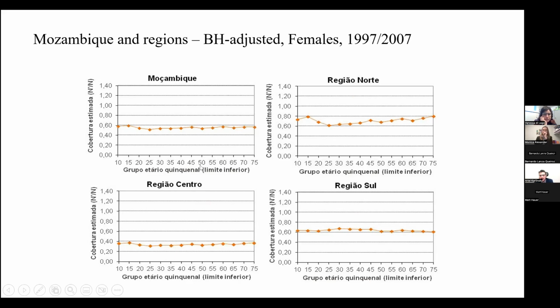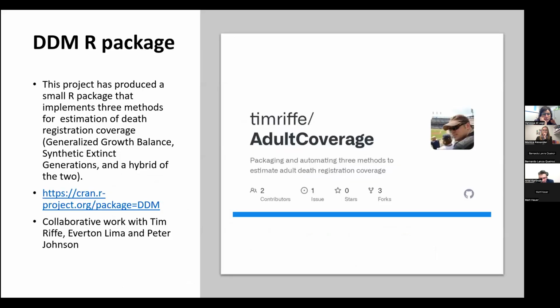But then we see more of a straight line. It's quite a nice estimate that we obtain with the census. And the methods I showed were all done using Excel. And a few years ago,